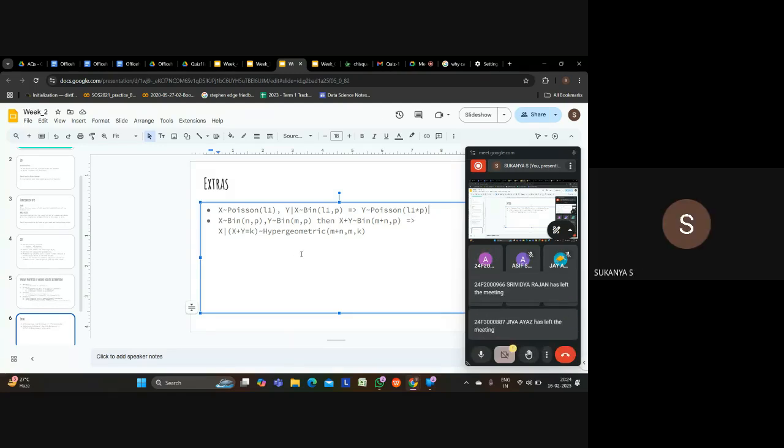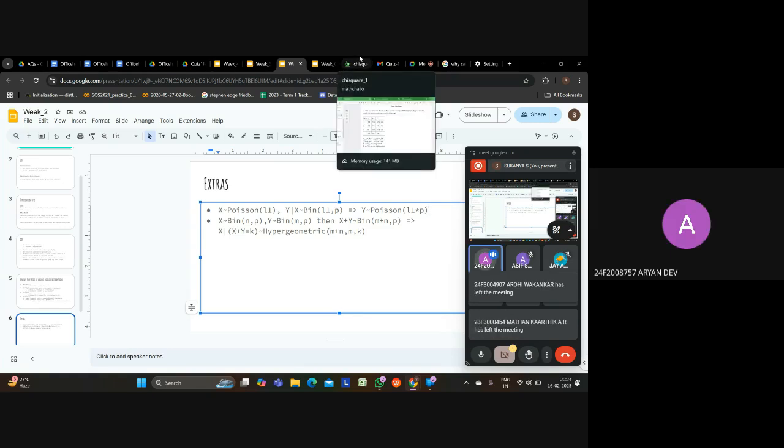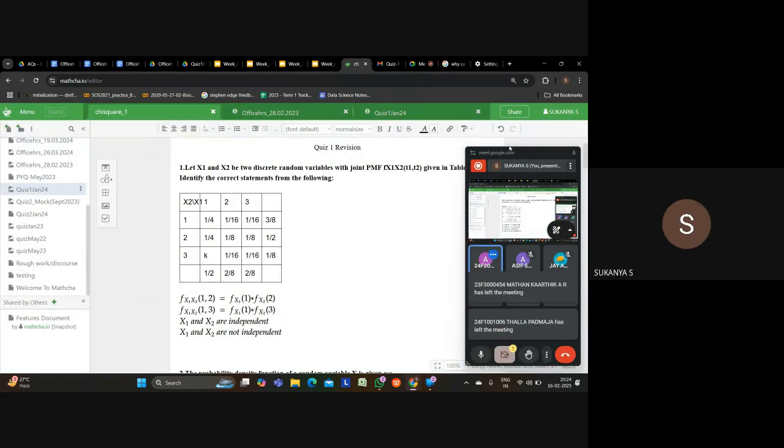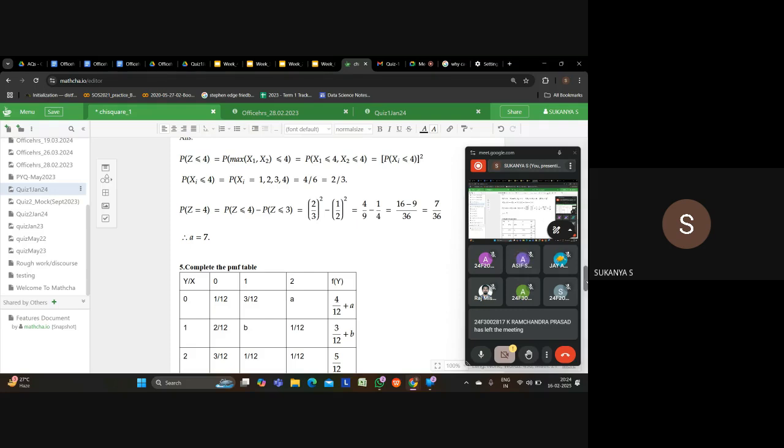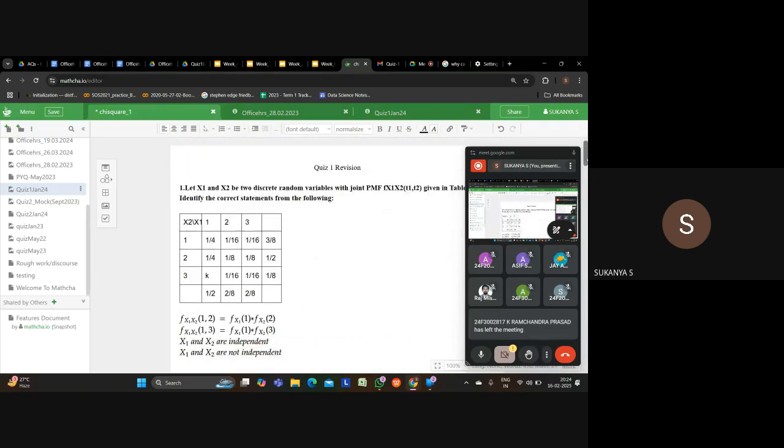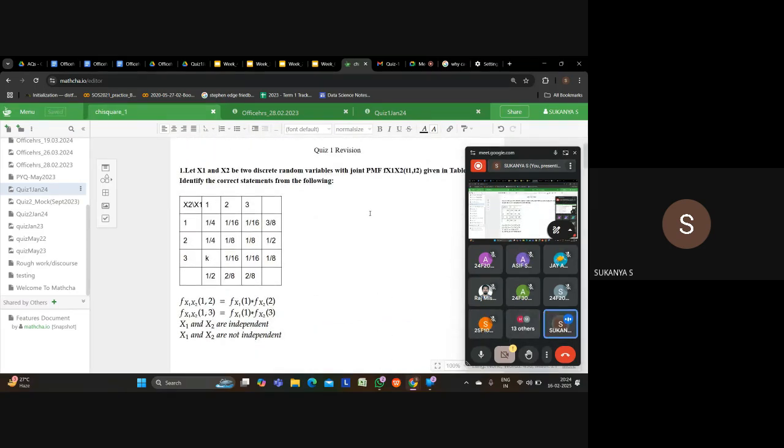Or if you have any questions where this problem is solved, we can solve that if you want. Yes, ma'am, there was one in the PYQ. Okay, then we could do that probably. These are just the questions that I had taken. Can we solve it together? Me speaking like this is not going to help you guys, I guess. So can we just do this together? I can help you out, say what is to be done, and then you can do it with me.